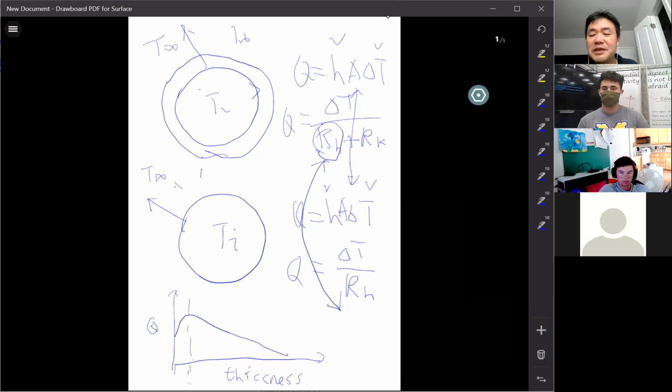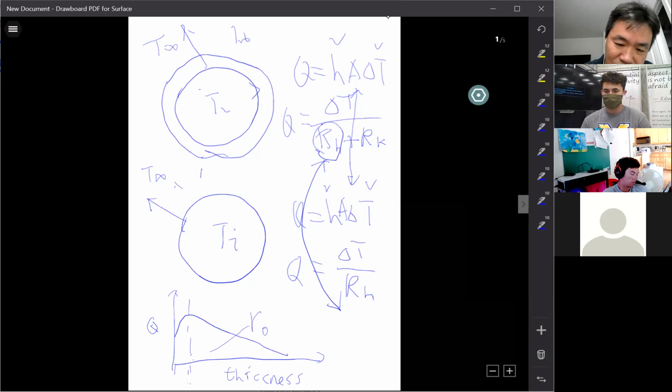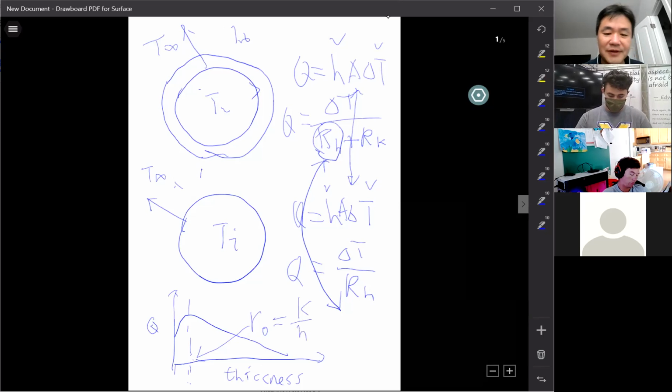Actually, it's possible to be 0. That means indeed a maximum point exists. So that is the critical thickness. By doing that, you can calculate the critical thickness, actually representing this point, equals K over H. If the thickness equals K over H, you will see a peak in the